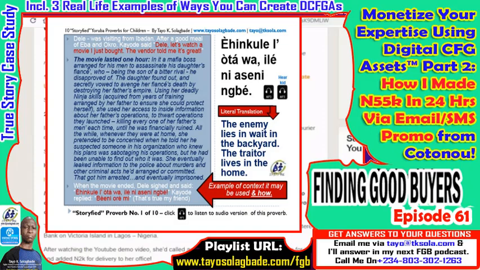Would you believe that within a month, a lady working as a manager in one of the big banks, I think it was Standard Chartered Bank in Victoria Island, just called me up and told me she wanted a copy. After we spoke for a few minutes, she sent payment to my account, including an extra 2,000 naira for delivery to her office. She wanted it hand delivered, the same day if possible.